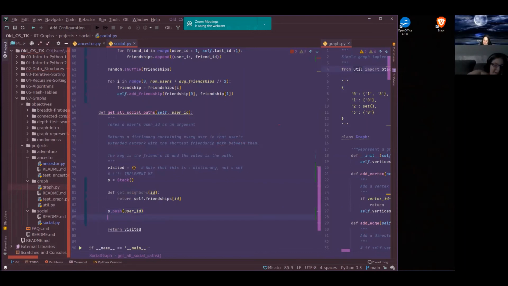So while s dot size is greater than 0, user equals s dot pop. So we're going to pop something off of our stack, and that's going to be the user that we're looking at. If user not in visited,